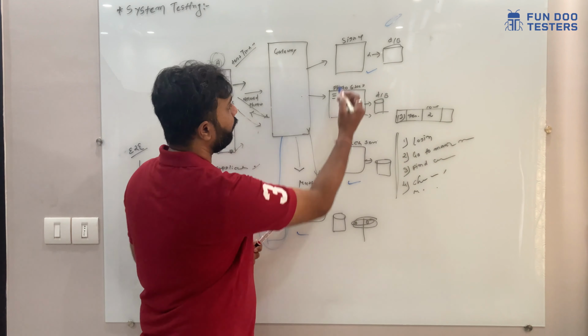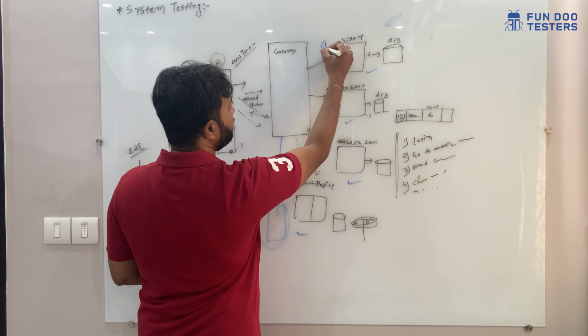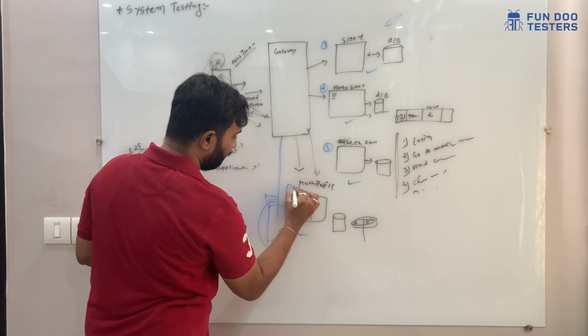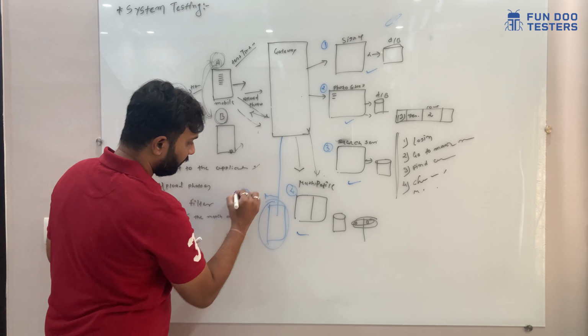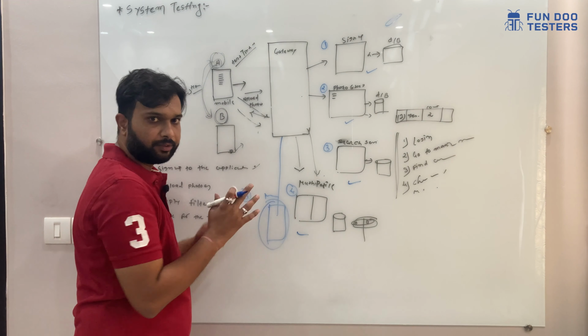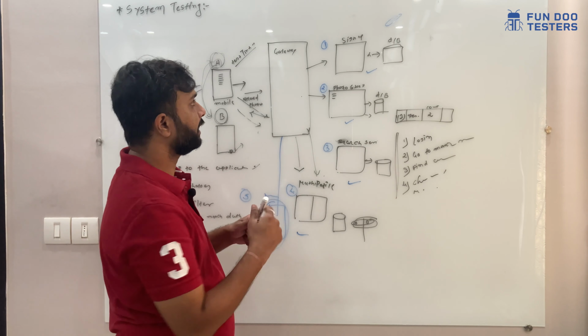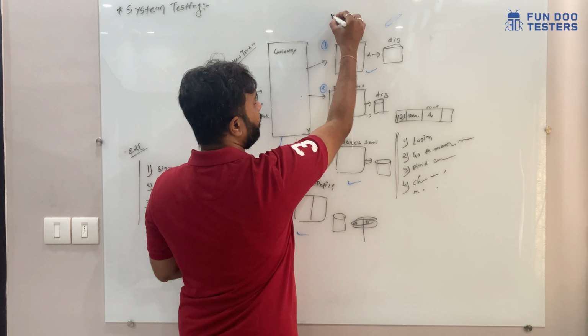So let's say we have this module. First is my sign up, second is photo services, third is search service, fourth is match profile, and fifth one is a message services. Now different teams are working. For each team they are having a different server. Let's say for sign up there are two different teams.